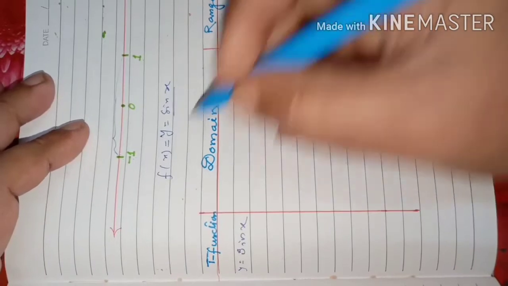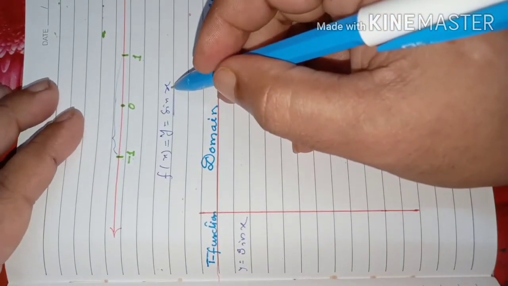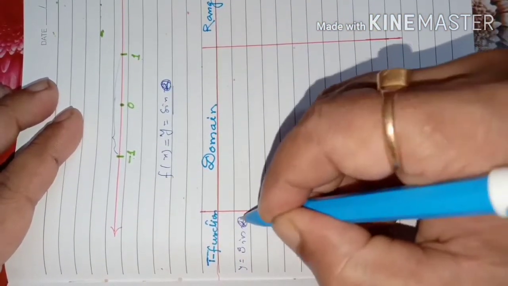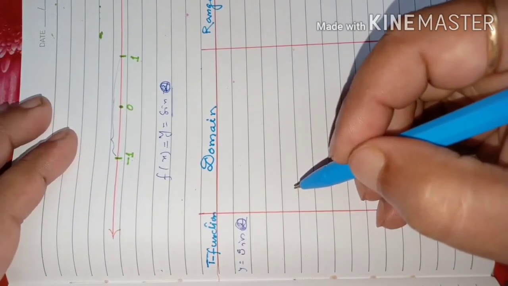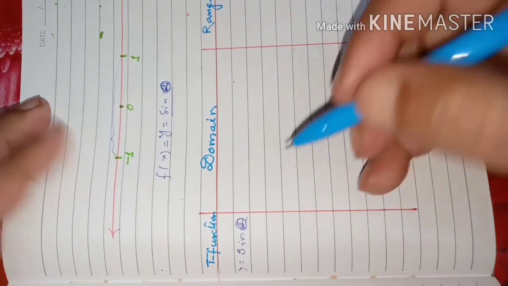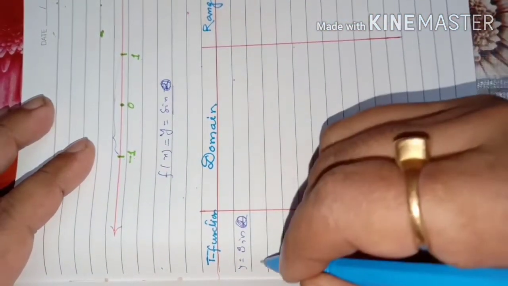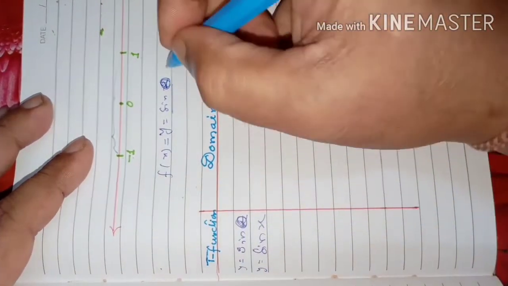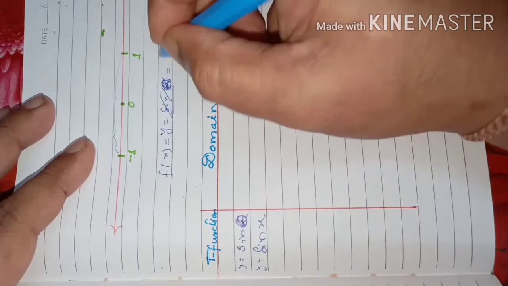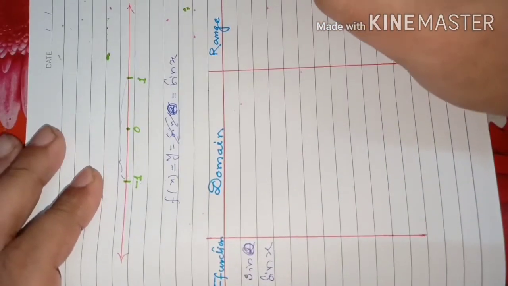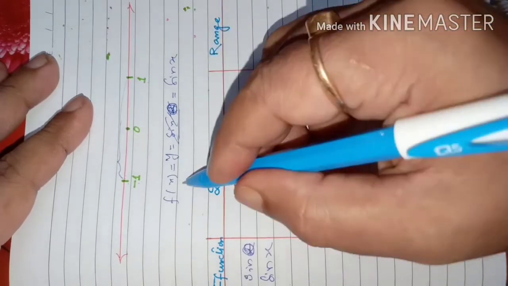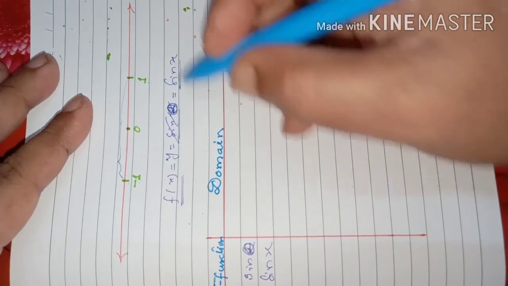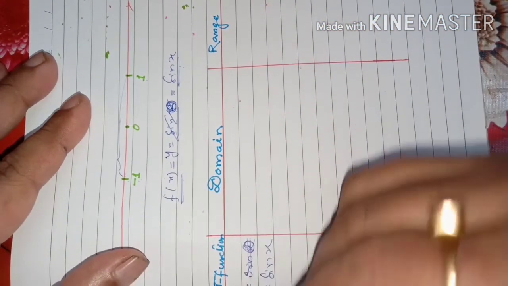Sine x is a function because when you put any value of x here, or say theta, you get sine theta. It is a function in theta, or you can say x also. It is up to us. So let us say x only. That will be more convenient. So y equal to sine x or sine theta, whatever it is. I am saying sine x since I started with sine x. So y equal to sine x or f of x equal to sine x, because we are saying the function in x, so we are writing it as sine x. So for this function, let's not say in theta.